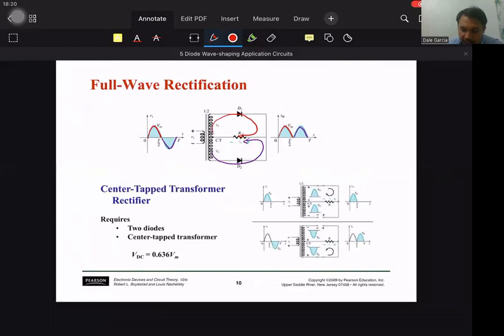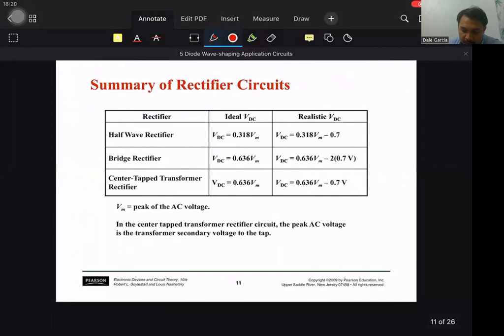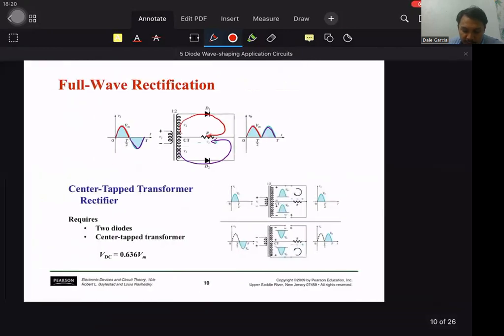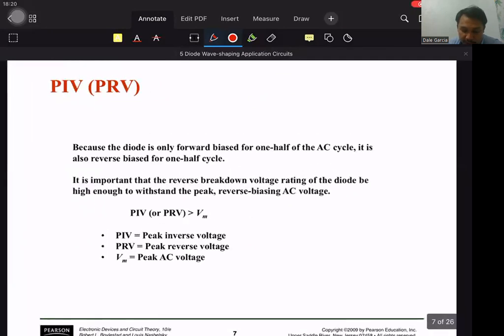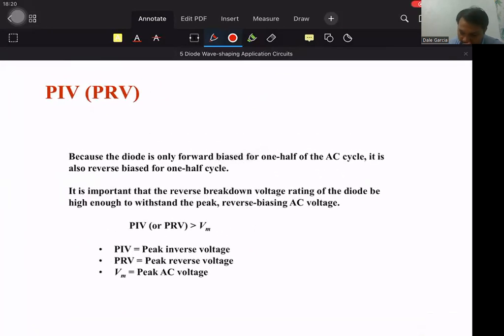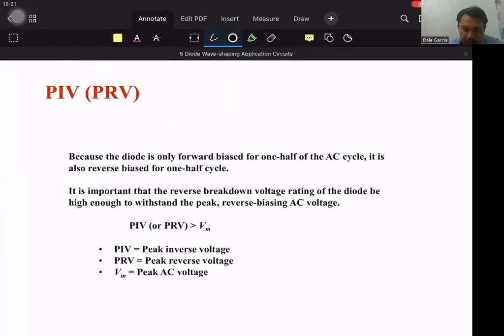So they differ in terms of the peak inverse voltage. Peak inverse voltage or peak reverse voltage, PIV or PRV. What does this mean? Because the diode is only forward bias for one half of the AC cycle, it is also reverse bias for the other half cycle. So for example,